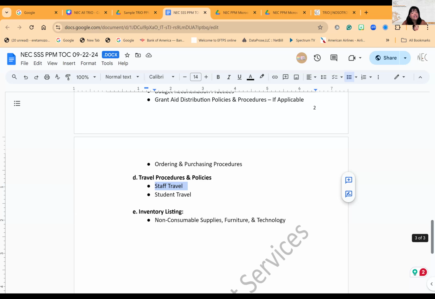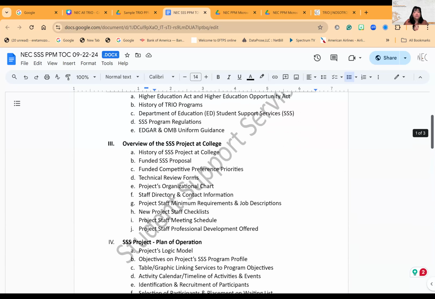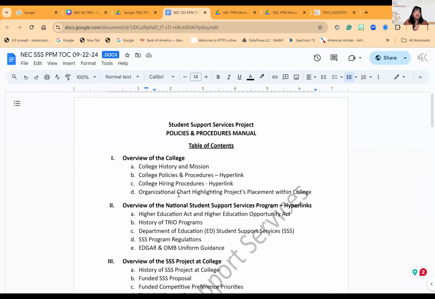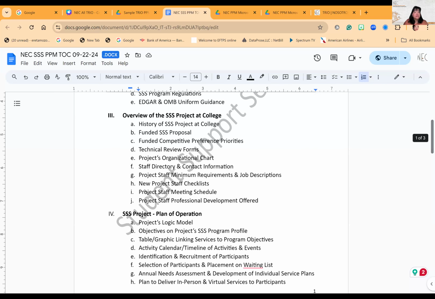See how you can have links to the web pages that cover some things that have to go through the college, and other things that are just yours. So you can have a hybrid approach, right? I think up here, I failed to stress that. Right here, the second bullet, that would be a hyperlink to the college's policies and procedures, to the web page. You probably need a code to log in and access that information, but at least it's just a website. So there's just no way that you can have everything listed there. It has to be kept separate.